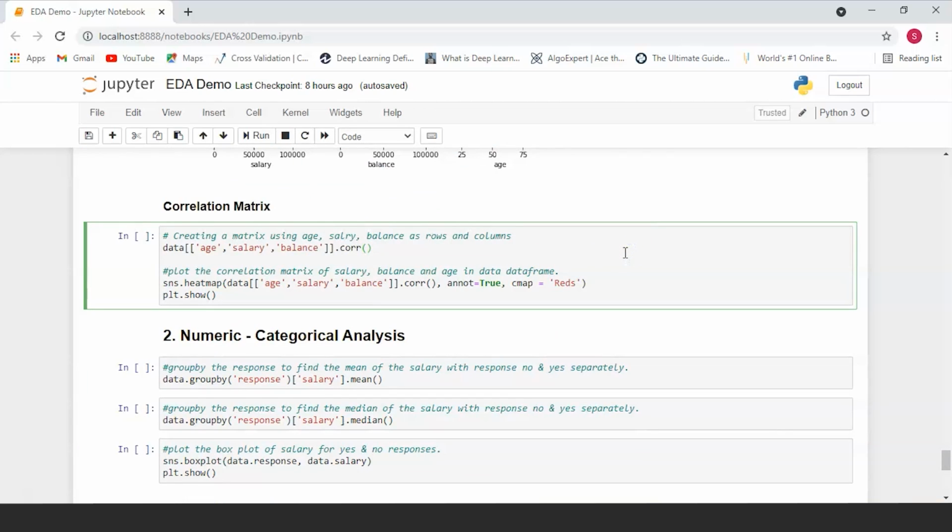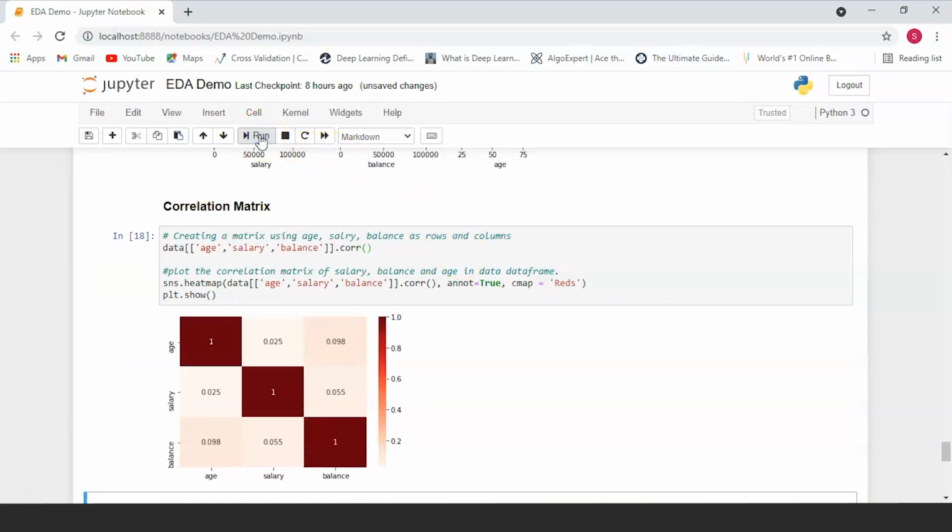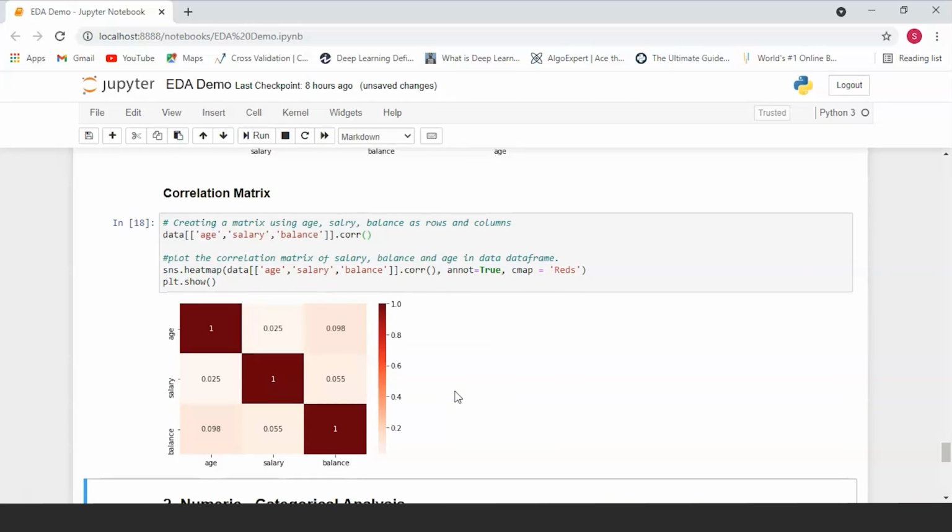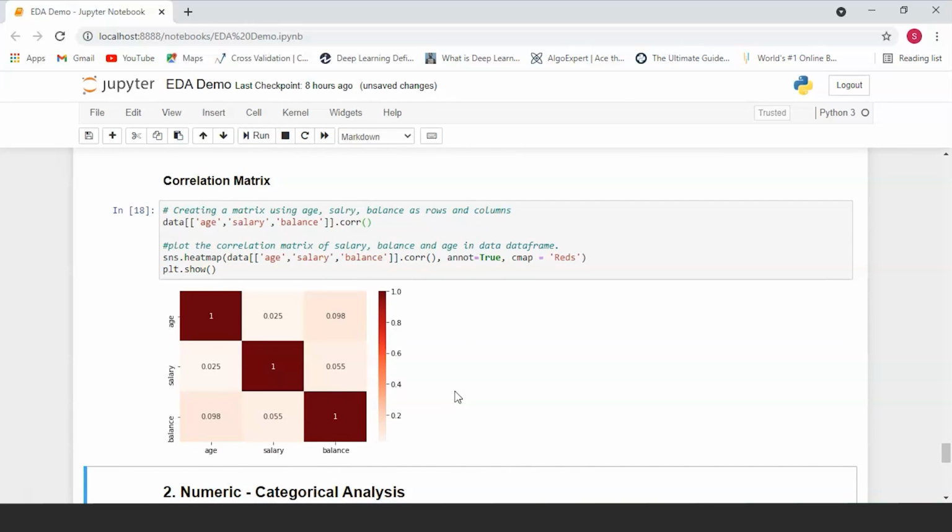Another way to do bivariate or multivariate analysis is by using a correlation matrix. A correlation matrix is just going to tell you the correlation between different variables in our data, and as you can see here, realizing the correlation between different variables is relatively easy because all the correlations have different colors in them.